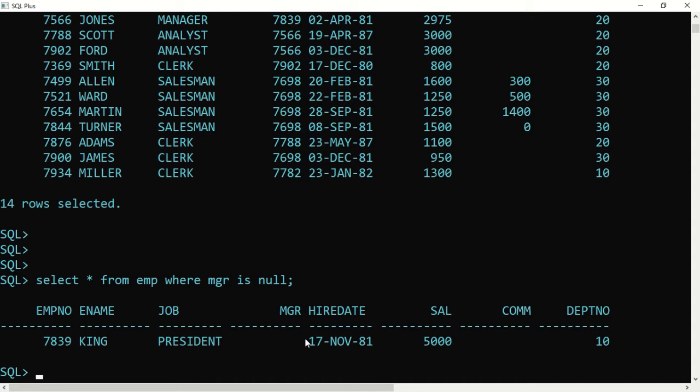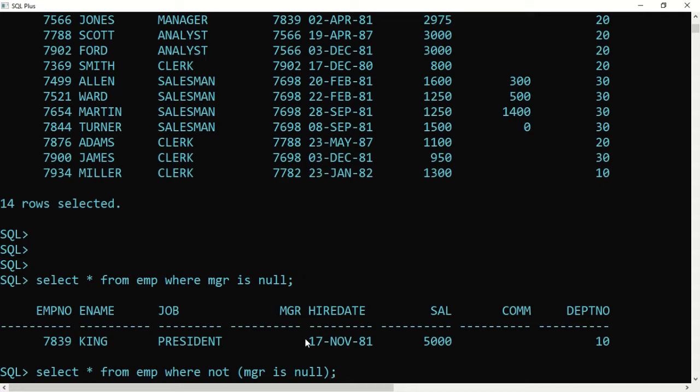Now who are the employees working under him? So the opposite of this condition. How to see the opposite of the condition? Opposite means how to negate. Okay, to negate this condition, we'll put not. Not is a keyword that negates the condition. That means not equivalent to null. I press enter.